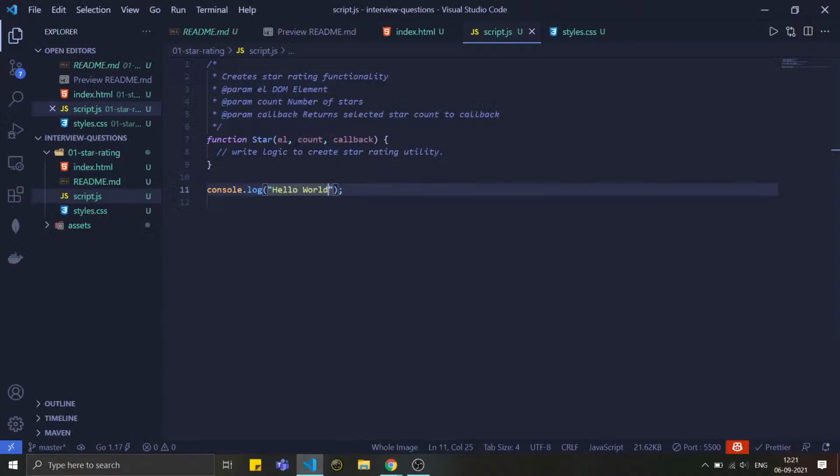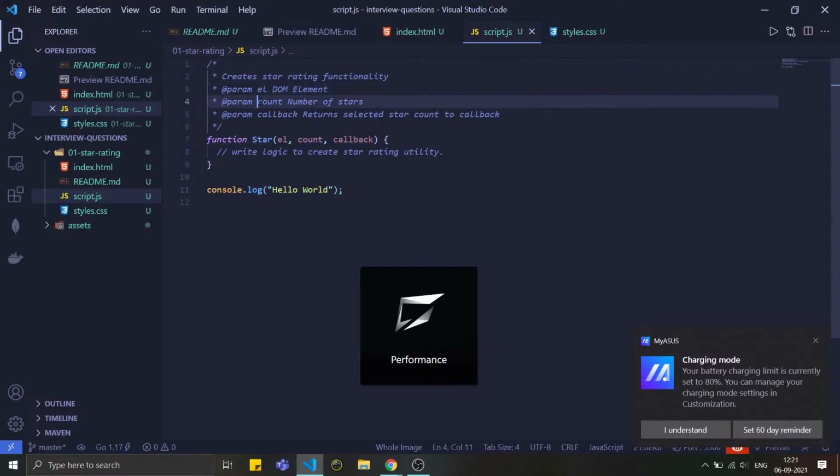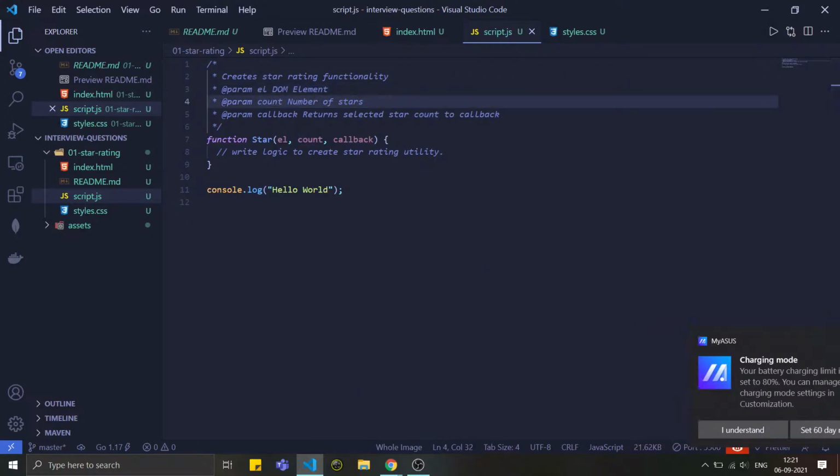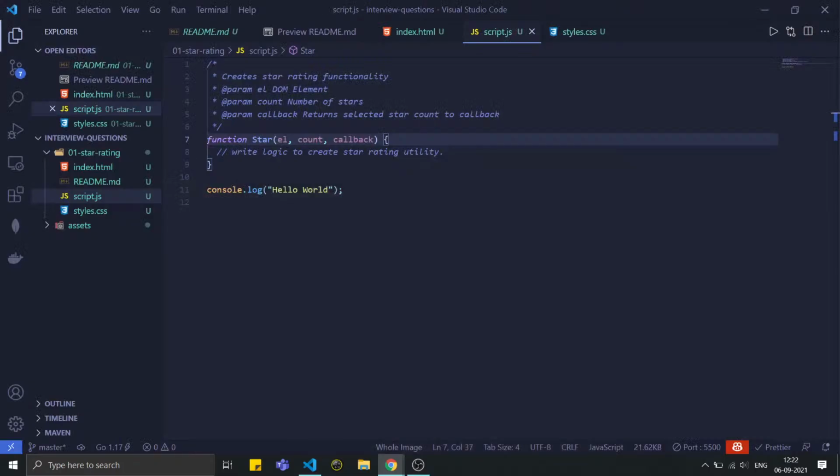So this is fine. Now we have to write our logic in this function. The function takes three parameters. The first parameter, el, is the DOM element that we have to use to render our stars. Then we have the count of stars, which is the number of stars. Then we have the callback, a callback function which helps us